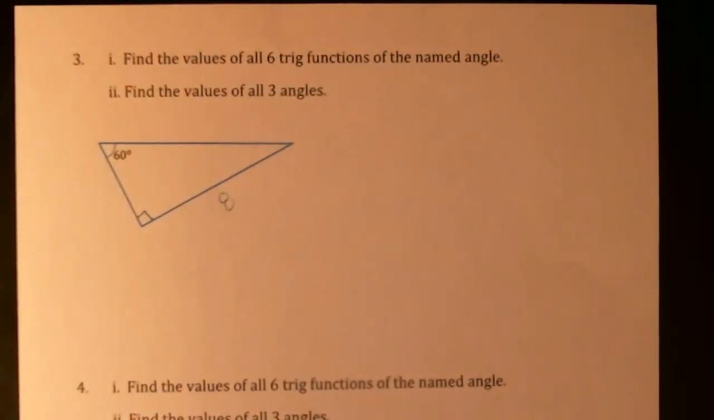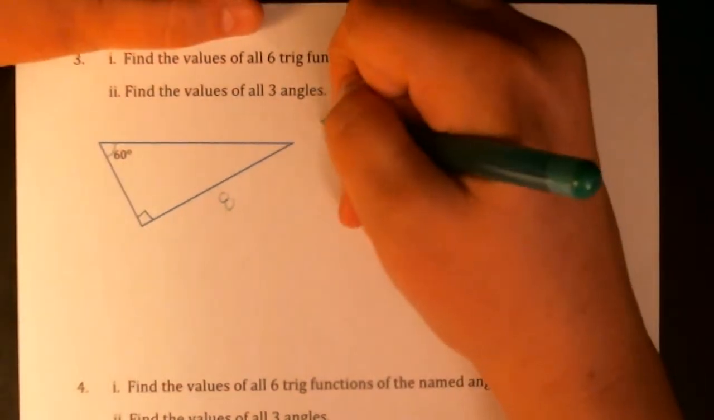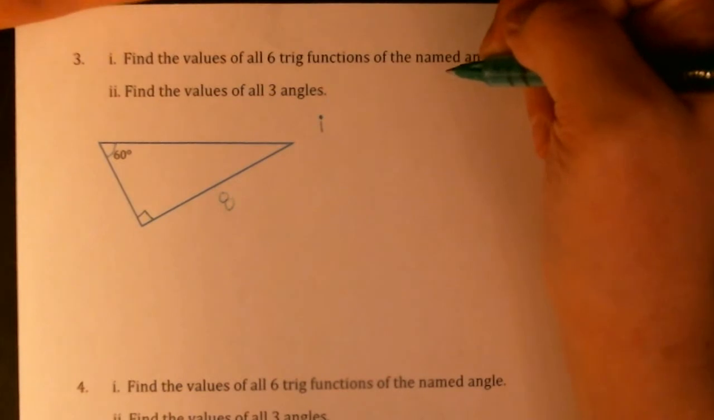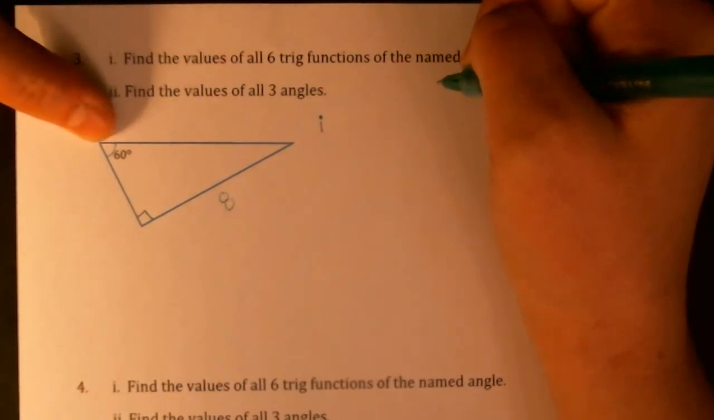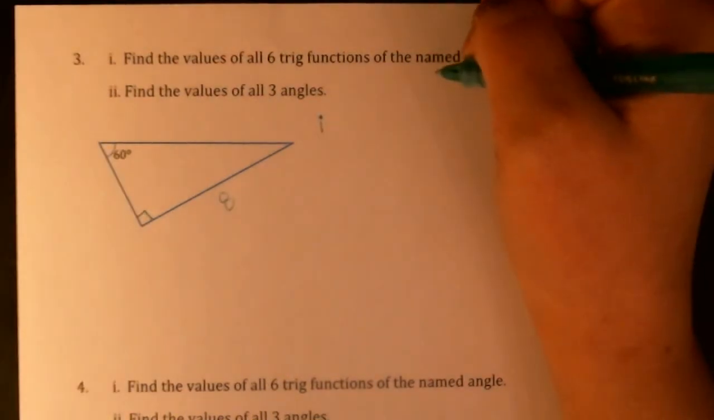Hi everyone. We're going to do another example involving trying to solve a right triangle. So find all sides and angles, and we're going to state the values of all of the trig functions. Okay, so first for the trig functions, I'm supposed to use angle 60 and find